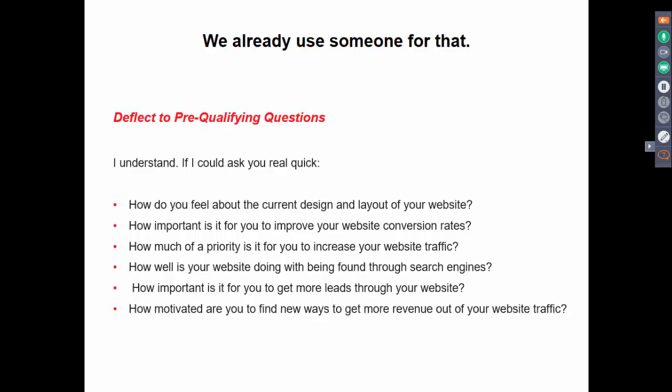You have some other options though. So you could use that same option that I've shown you on other objections, which is to go back to your pre-qualifying questions. So someone says, hey, we already use someone. Oh, yeah, hey, I understand. But could I ask you real quick, how much of a priority is it for you guys to improve the traffic of your website? And that's applicable because let's just dig into this example right here. We're a web design company in this example, and they say, oh, we already work with someone that helps us with our website. That's really fair. I mean, that's the real world.